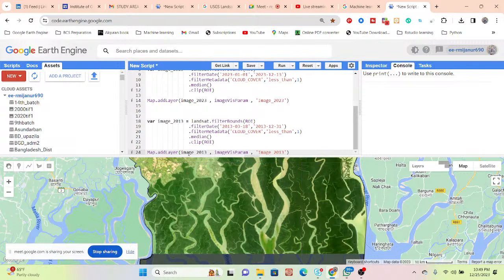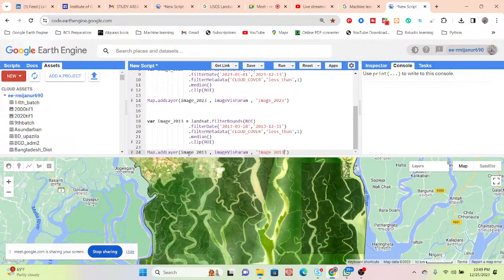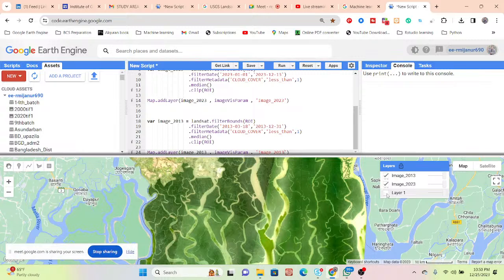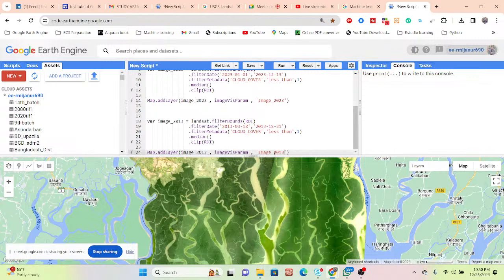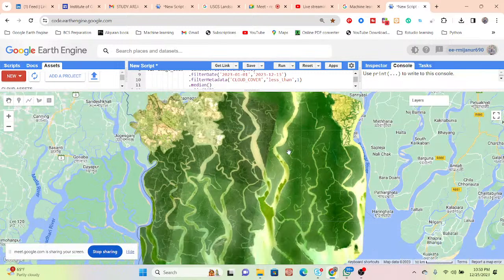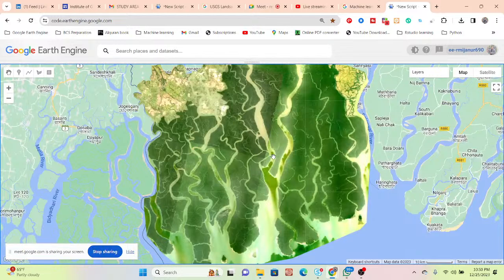Okay, after getting this image collection we are just taking the training sample. In this time after that I will show you how we can easily take the training sample for the one map. You just apply the same approach, and then take this image. So in this time we can get some problem in this year of 2013. Here you can see we get some of this type of, you can see it looks like that. Okay, as a not okay.